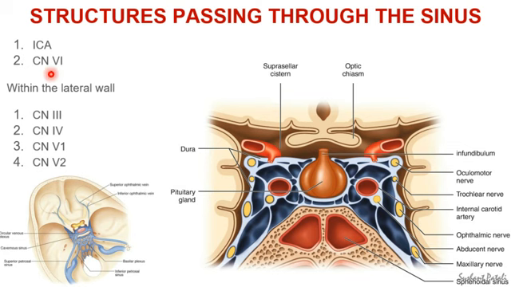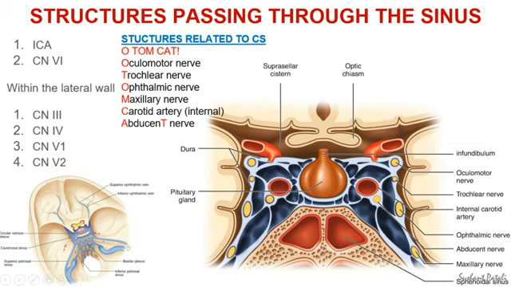This structure, the internal carotid artery, enters the cavernous sinus through the apex of the petrous temporal bone, and it passes along the floor of the sinus, lodging in what is called the carotid sulcus of the body of the sphenoid, and later it turns upwards to pierce the roof of the cavernous sinus through the carotidoclinoid foramen. So this is a very important relation of the internal carotid artery. It's known as the carotid siphon.